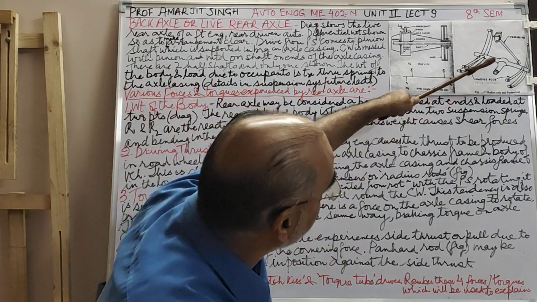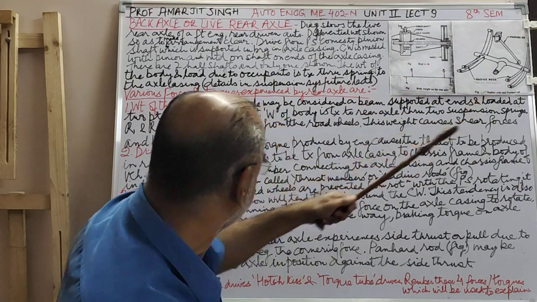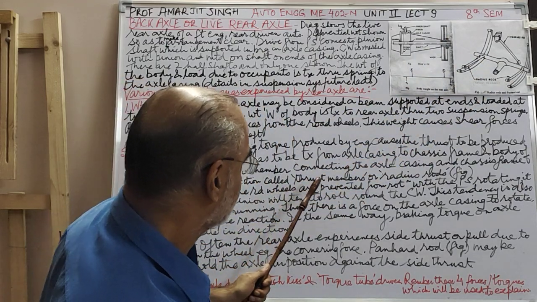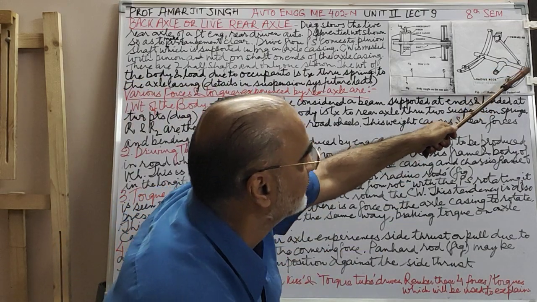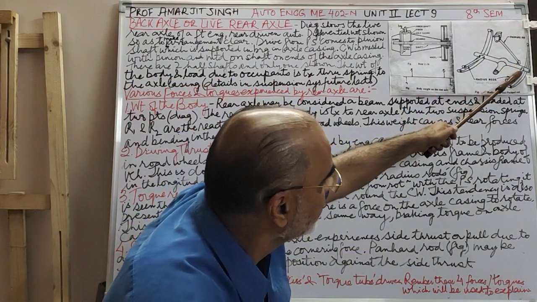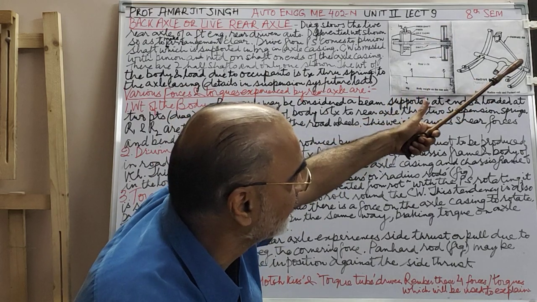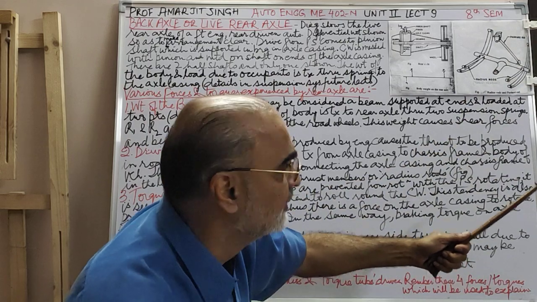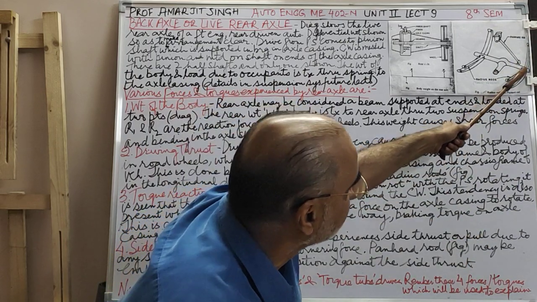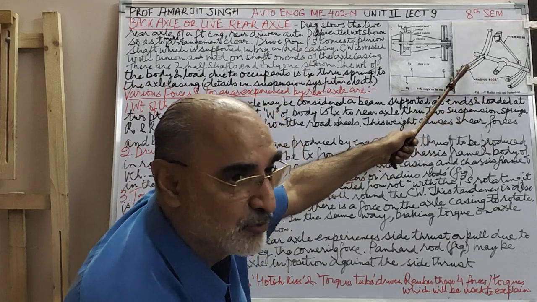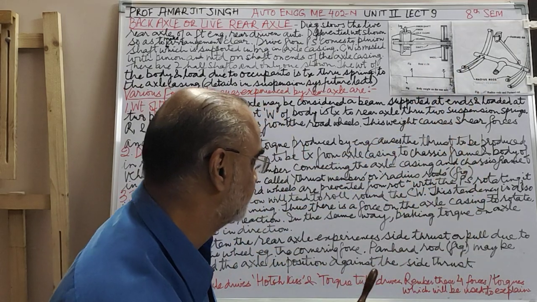In the longitudinal direction, the vehicle is like this, in the longitudinal, not the transverse direction, we use members called thrust members or radius rods. Thrust comes and it's connected to the chassis and of course the body, and the body is connected to the chassis. So the thrust will come from the axle to the chassis and from the chassis to the body, and that is how it helps the vehicle to move forward.